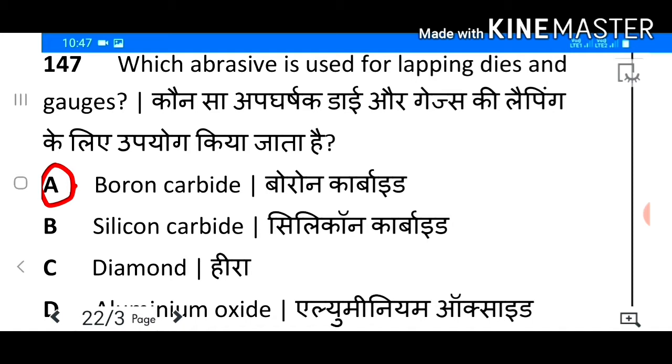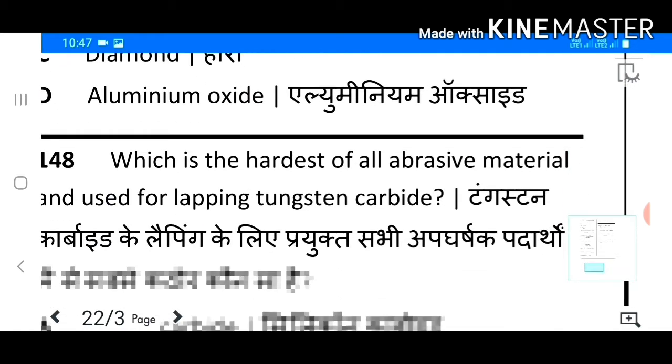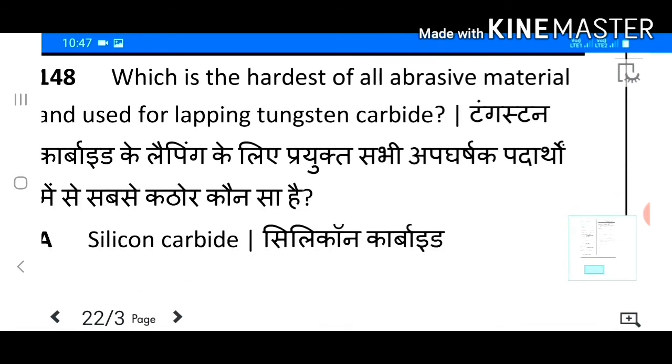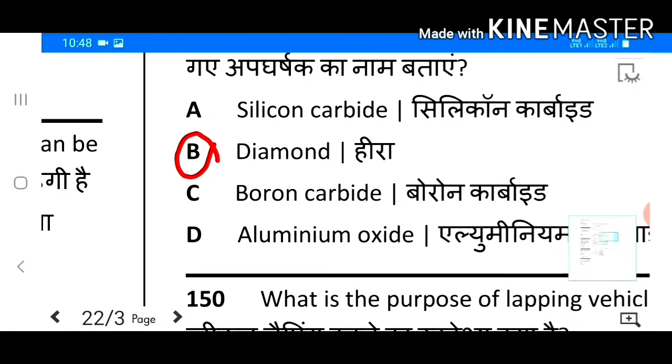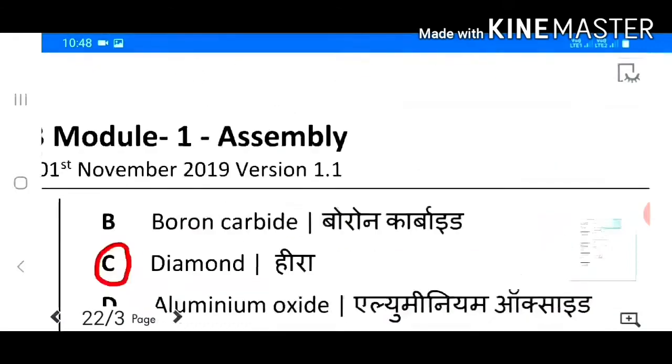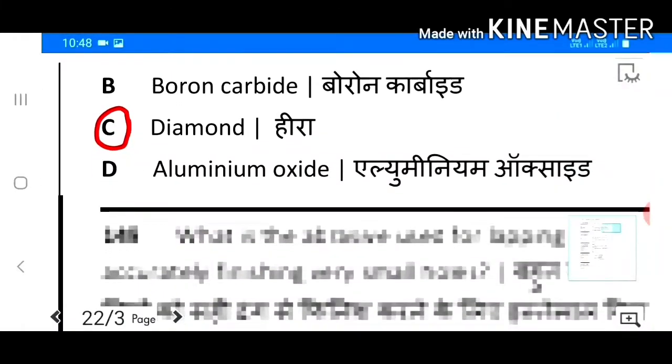Answer A. Boron carbide. 148. Which is the hardest of all abrasive materials and used for lapping tungsten carbide? Answer C. Diamond.